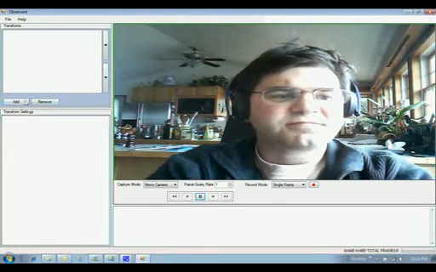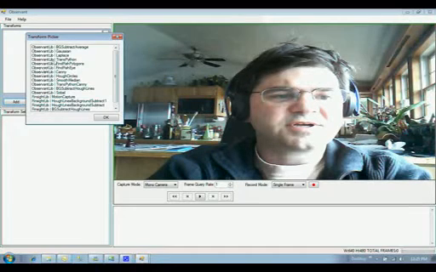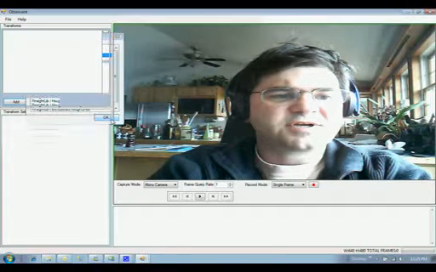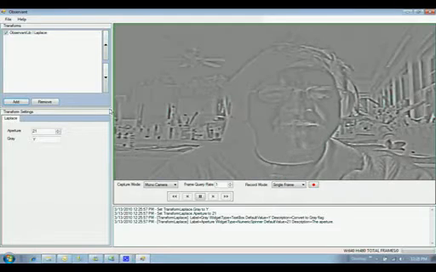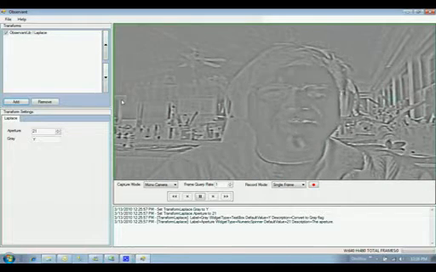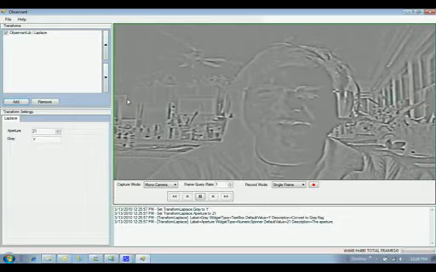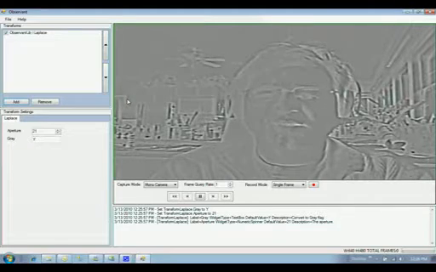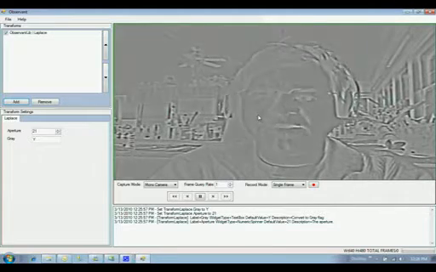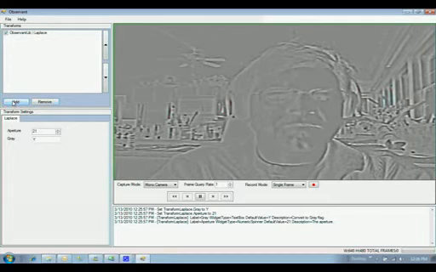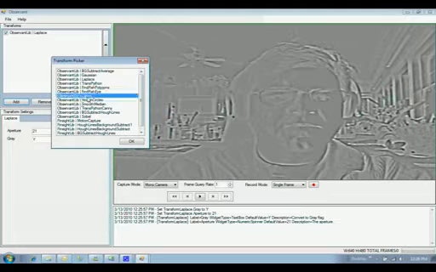Everything that does something interesting in Observant is implemented as a transform. We can add transforms to the list, and each one will apply some operation or set of operations to the video stream and display the outputs in the output window on the right. We can chain multiple transforms together,